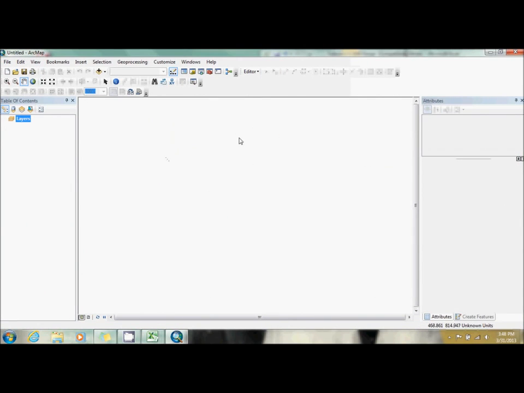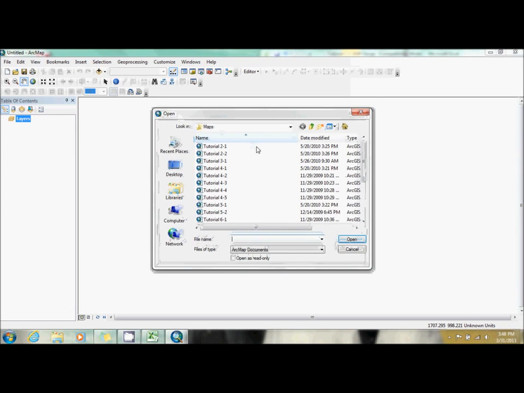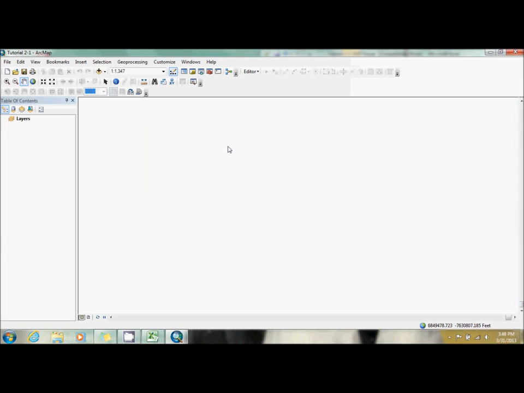And they want us to open up, close that, and that. And they want us to open up tutorial map 2-1. When you do that, you just get a blank map. So if nothing comes up, you didn't do anything wrong. That's just the way it's supposed to look. Now we're going to add